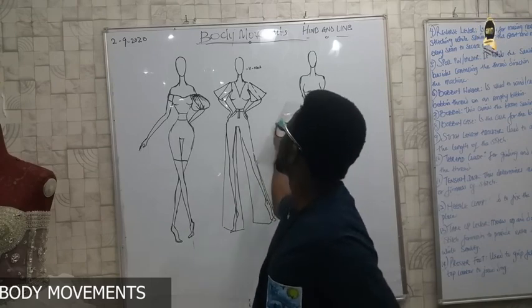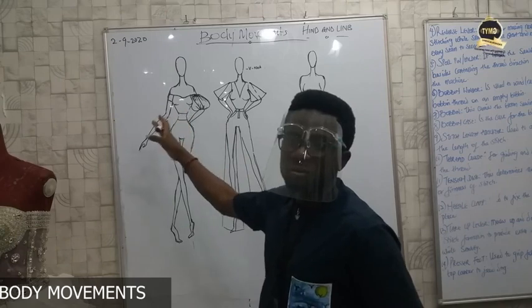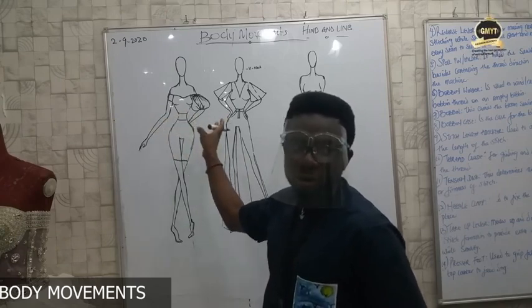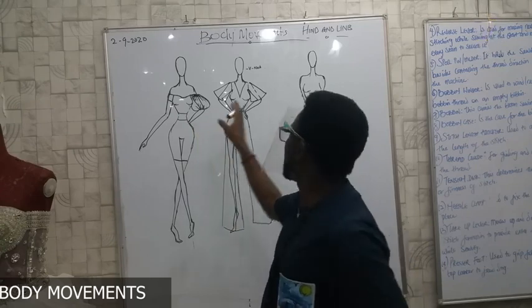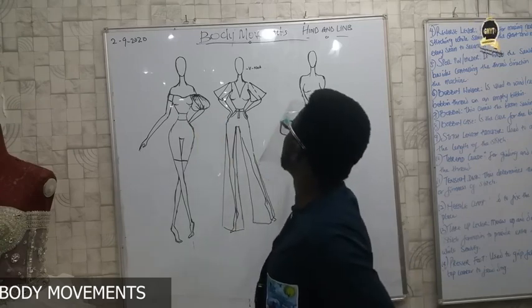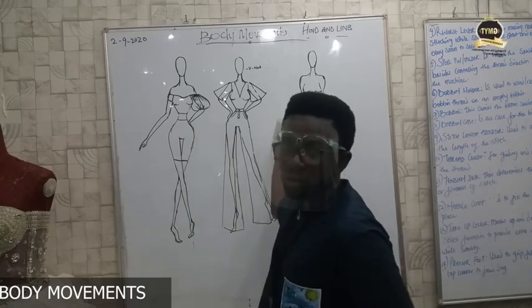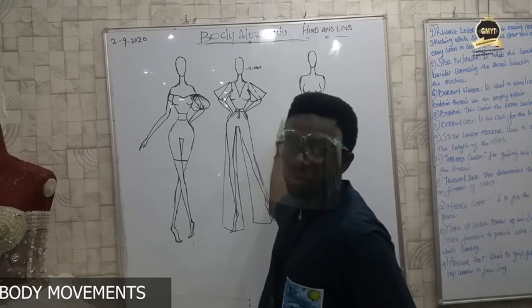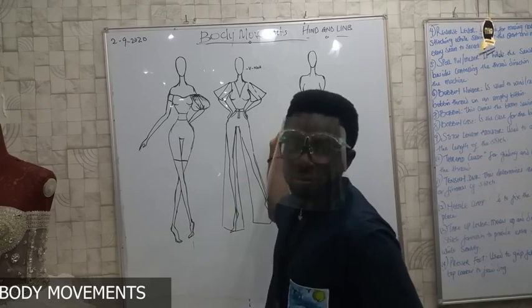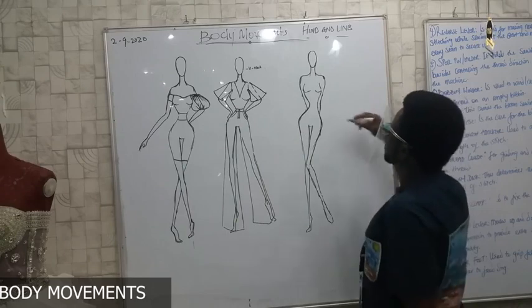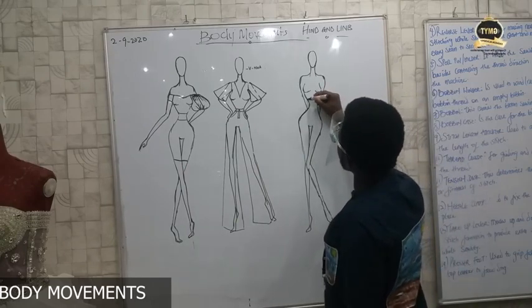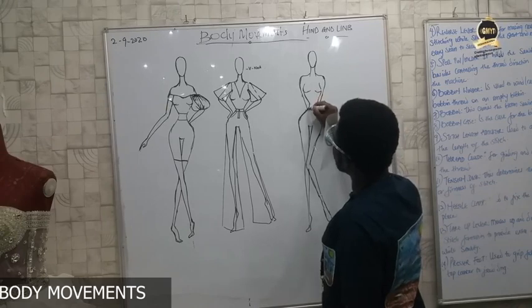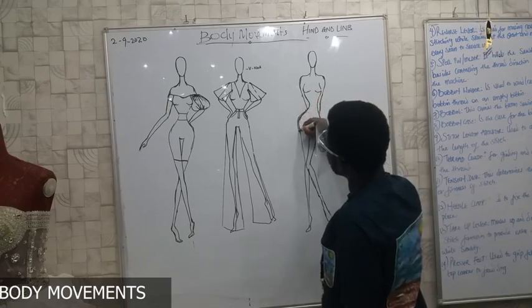She's not standing straight like these other two figures. Now one thing is happening to our waist. Our waist is moving here. Here you can call it spinal movement. That's the waist movement. That's where the pelvic moves. That's why the waist is dipped in here and the hip is